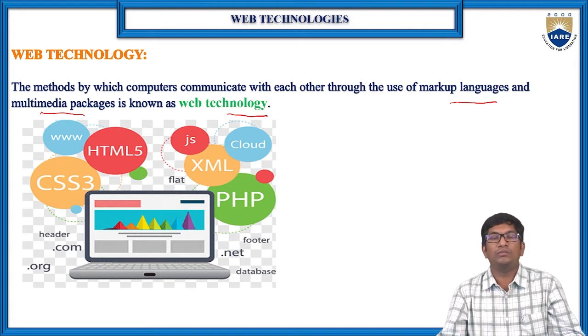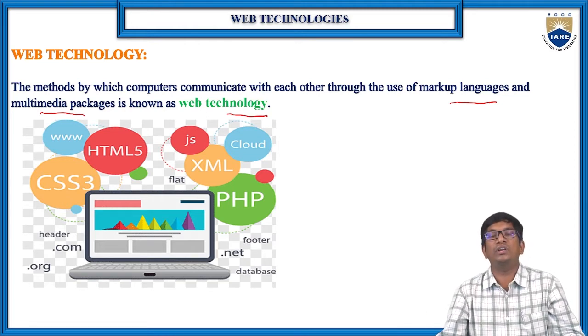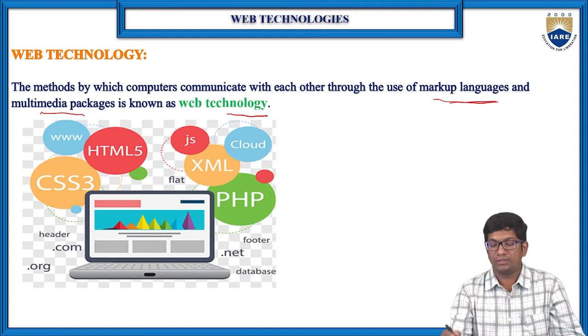We are just storing the data in a particular website, and anyone can access it by using that URL in the internet. To view the data, we need some markup languages